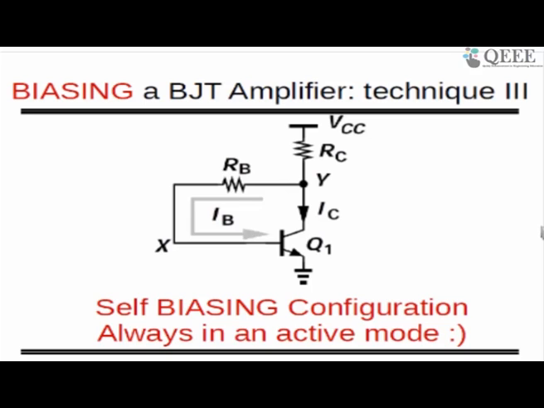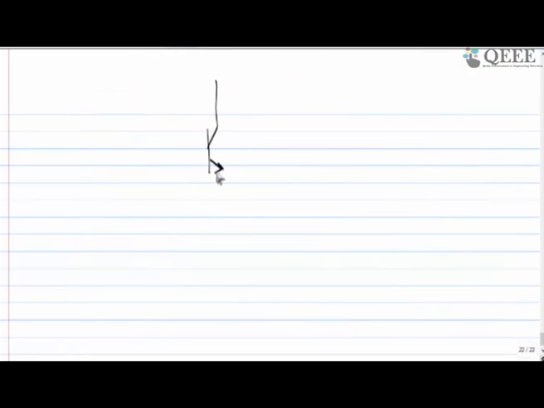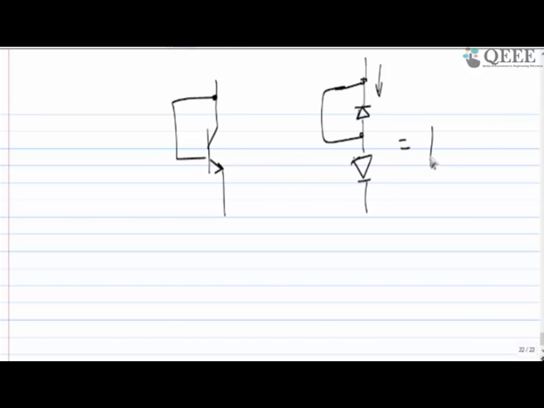X is the base terminal, Y is the collector terminal. If you are connecting a resistance which is small by nature, then of course it's like a diode connection. First of all, you should understand this is a diode connection because this is short. There was one diode, but it's already short. So if I'm looking from the top, I'm going to see only one diode, and it's known as a diode connection. So this is how you can make the diode connection, right?